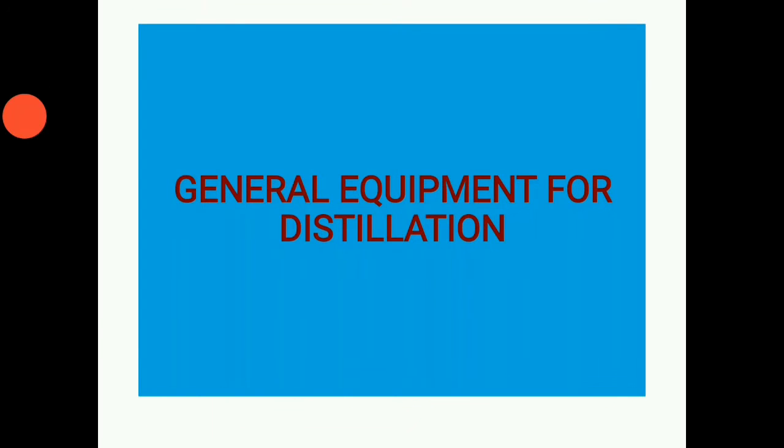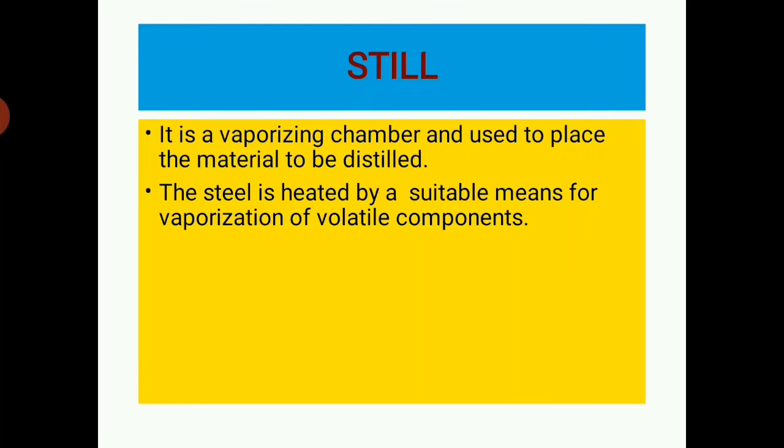These are the two deviations that you can see in the graph, the positive deviation and negative deviation, that is graphed between the vapor pressure and the mole fraction. Total vapor pressure, and the total vapor pressure of positive and negative deviation, the effect on the total vapor pressure of A and B.